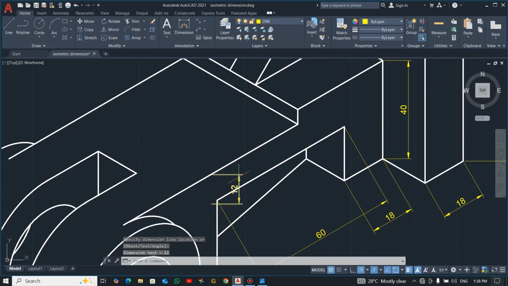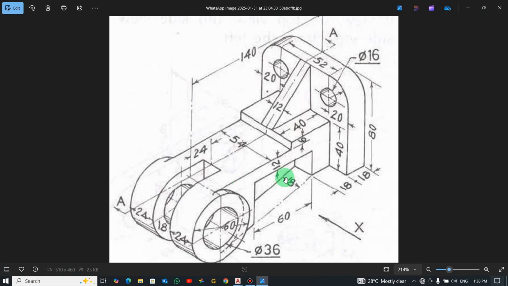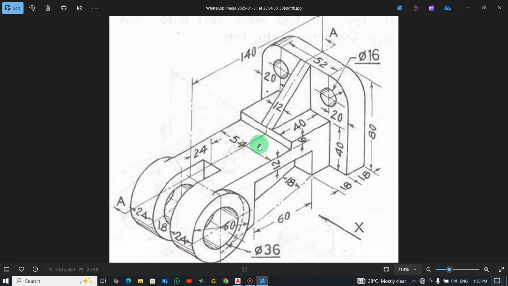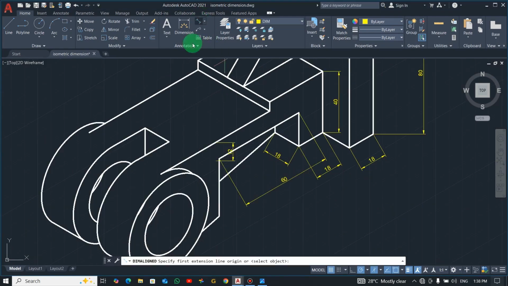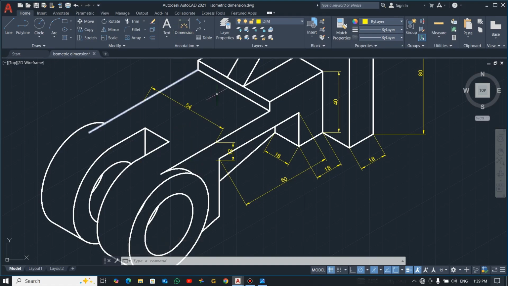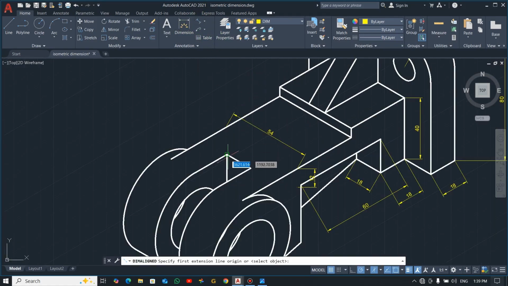Okay, so it's 12, and if you watch this line, okay, 18. So align, just pick it from this point. Good. And then the top here, 54. So align once more. You can choose from the center to this center, 54, and the gap from this end to the center point. So align from this end. So let me choose from basically the center to center. So I'll choose from this center to